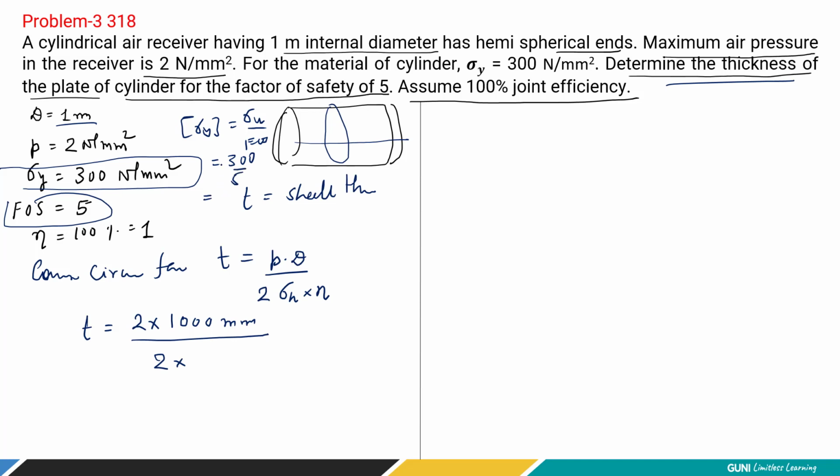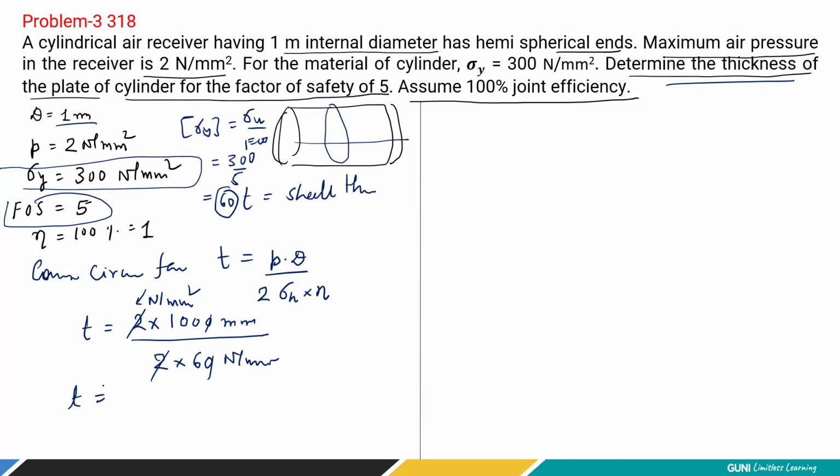So what we are going to get is very simple. It is going to be 60. Here we cannot directly use the 300 value because it is the ultimate stress value. We have to use the permissible stress value. So it is going to be 60 Newton per millimeter square. Again, the pressure is also in terms of Newton per millimeter square. Please be careful, you have to equate the units. Now let's cancel out these two, then cancel out the zeros and let's find the thickness T.